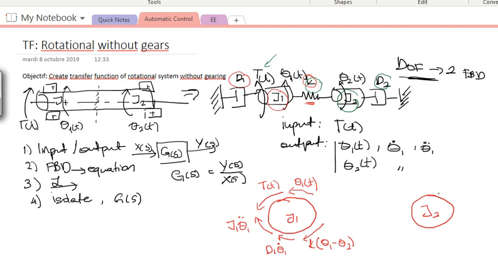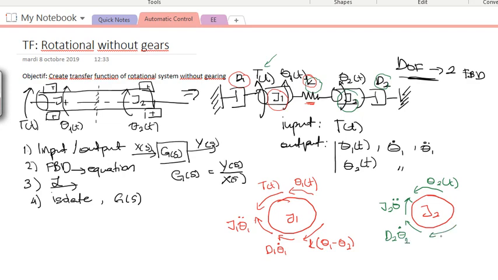First, I will note the direction of rotation, theta 2. The forces are all countering forces, resistances, or what we call impedances. The first one is the force created by the inertia, J2 theta double dot, but now it is theta 2, not theta 1, right? And then you have D2 theta dot, which is also theta 2.